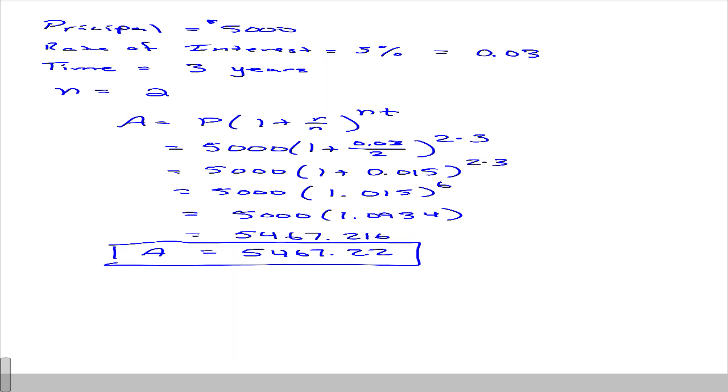The biggest takeaways for this one: you have to know the compound interest formula, and you also have to be able to write your number from a percentage to a decimal, and know the values for N for semi-annually, annually. Okay, so those are the key takeaways for problems like these. Okay. Now the next problem,